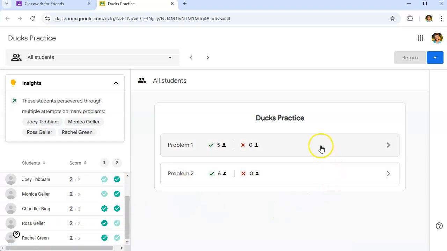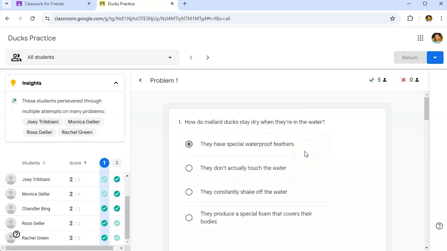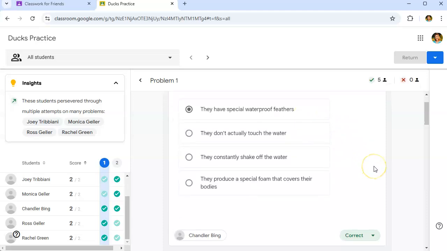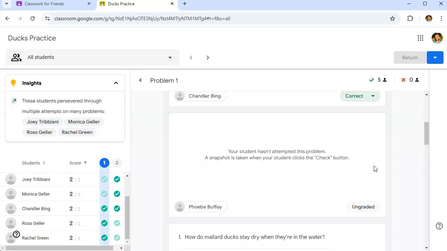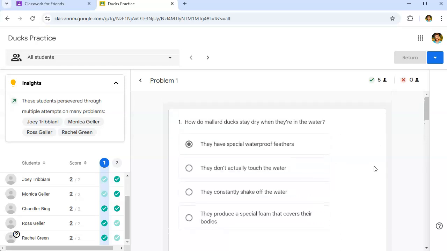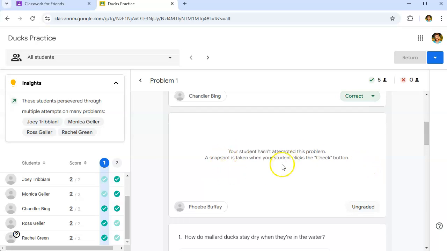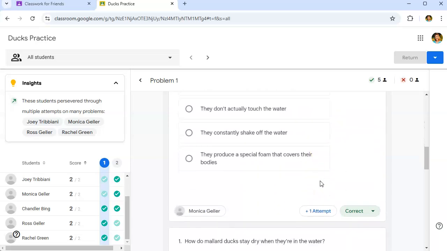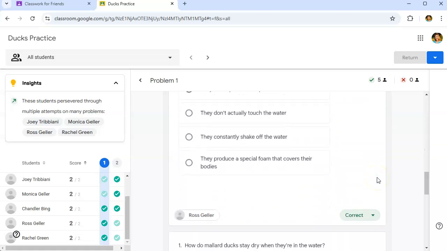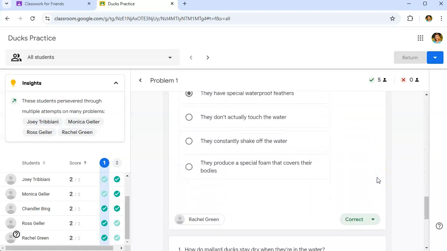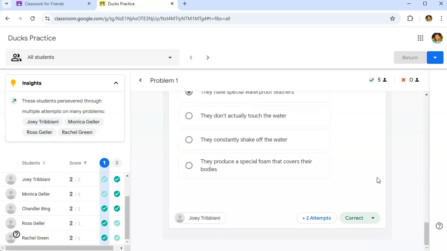If we look at problem 1, for example, we'll click into that. We can see each problem, each question, and how each student answered each question. So here's Chandler's score, correct on the first attempt. Phoebe skipped this question. Monica had more than one attempt to get the question correct. Ross got it correct on the first attempt, so did Rachel, and Joey got it correct after 2 or more